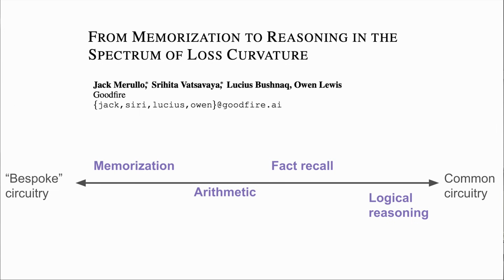Logical reasoning uses more; there's at least more redundancy for doing logical reasoning tasks. Fact recall is somewhere in the middle, because you're recalling exact facts from the pre-training data, but maybe these show up in many different paraphrases. Arithmetic is a little bit more unusual than that, for obvious reasons maybe, and then possibly partially memorized, like 2 + 2. And then memorization is the lowest on the rung, which is that the most bespoke circuitry goes to memorizing individual training examples.